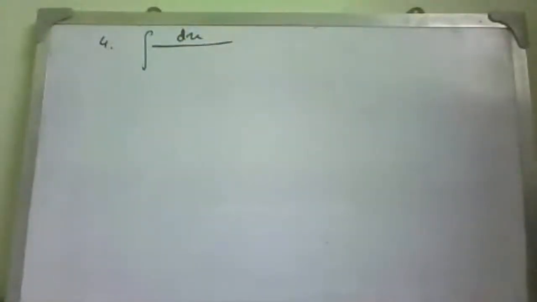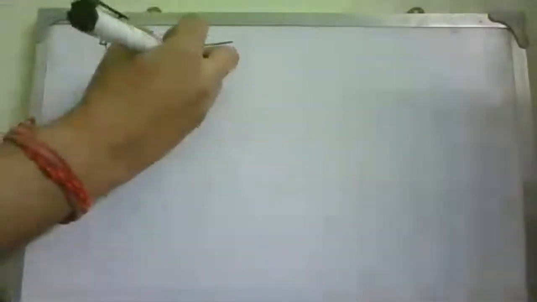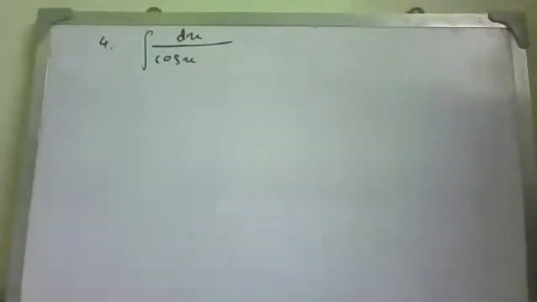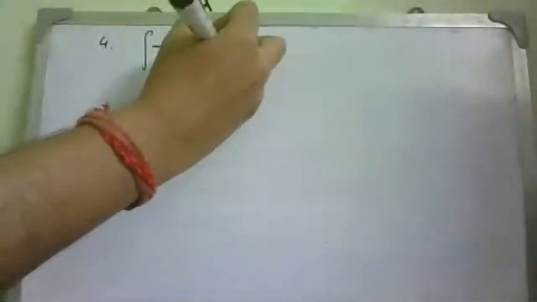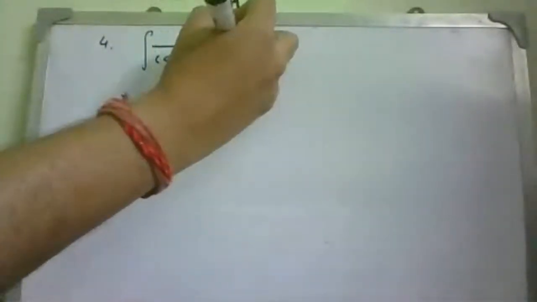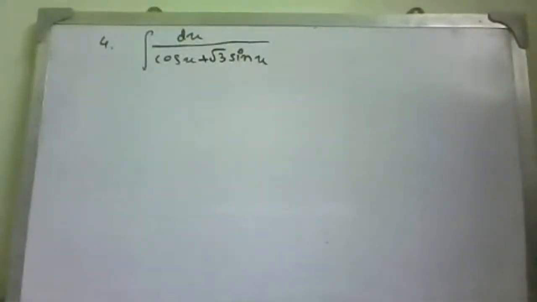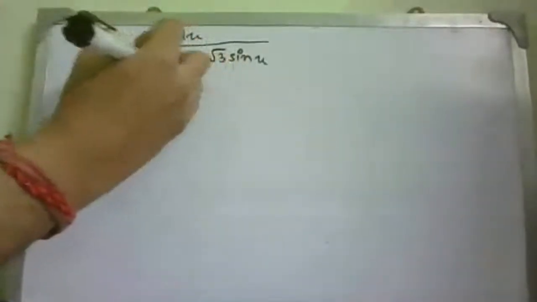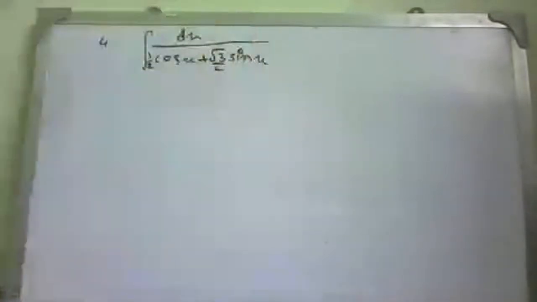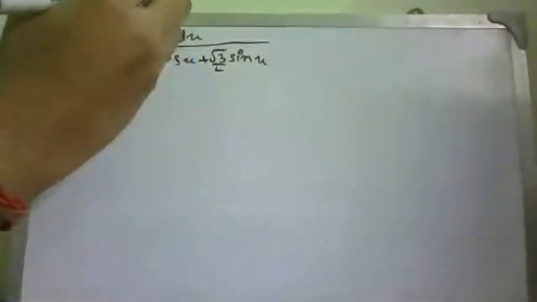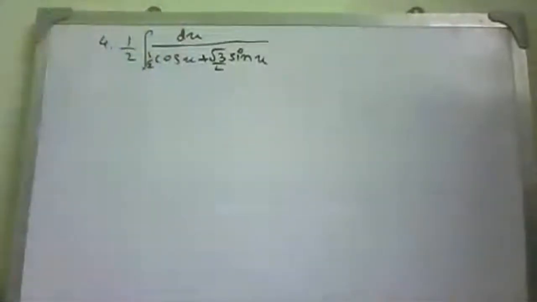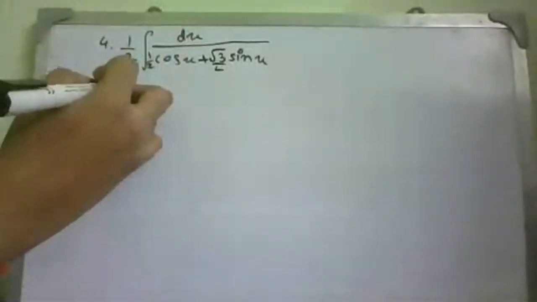Integral dx over cos of x plus root 3 sine of x. So this is quite similar to the question number 2. What we can do is divide the denominator by 2 as well as the numerator by 2. So what we get from here is